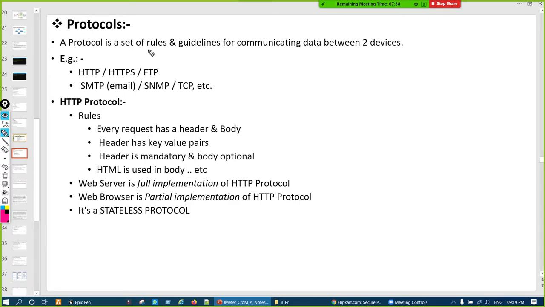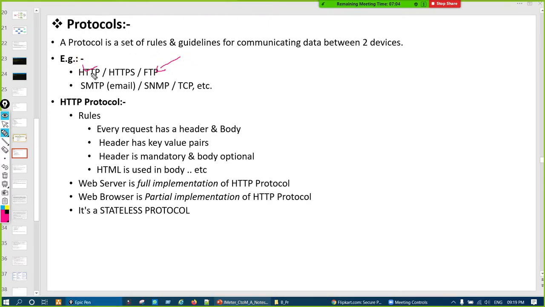Now, let us say Bluetooth is also a type of protocol, because two devices are communicating. Similarly we have Wi-Fi. This protocol we may have learned in our engineering, in network communication, the network semester. Generally for applications we have protocols like HTTP, HTTPS or FTP.